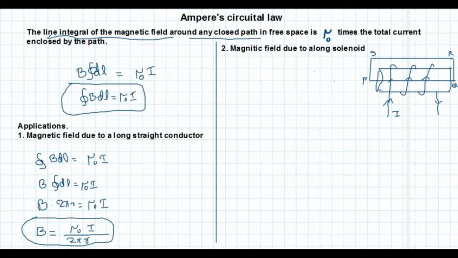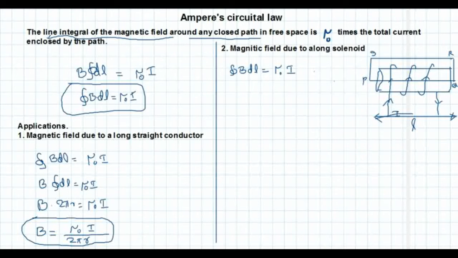So PQRS is the rectangular Amperian loop that contains the current carrying conductor. L is the length of the solenoid. Now we may apply Ampere's circuital law, that is closed integral B dot dl is equal to mu 0